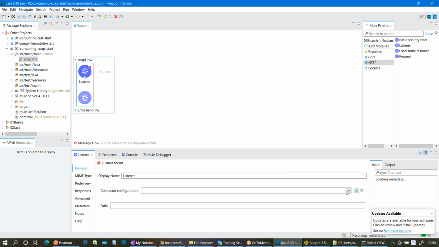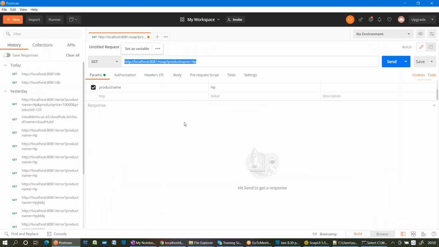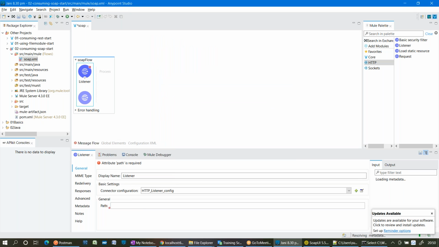Let me configure that connector first. 8081. What is the path? SOAP is the path.